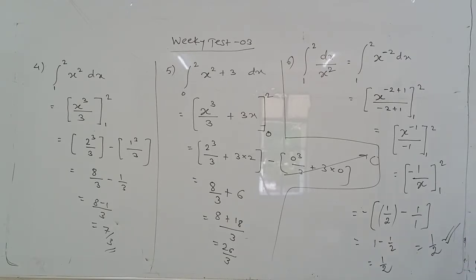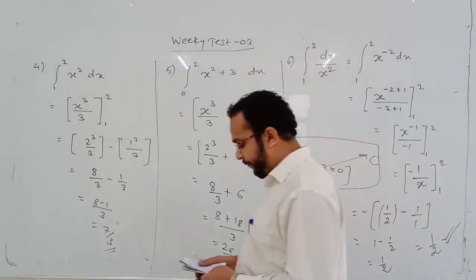There can be confusion here. I have taken this minus sign outside the bracket. Then I have substituted the upper limit, in place of x I have substituted 2, so it will become 1 upon 2. Then lower limit, 1 upon 1. Half minus 1. Okay. So if I insert the minus sign, it will become 1 minus half. Reverse, because the terms which are negative will become positive and the term which is positive will become negative. So 1 minus half will become half. So half is the answer.